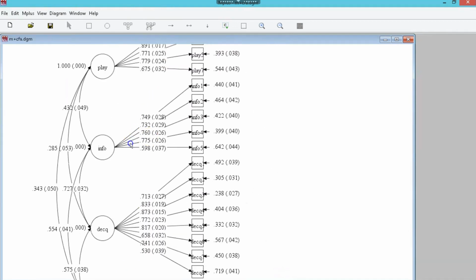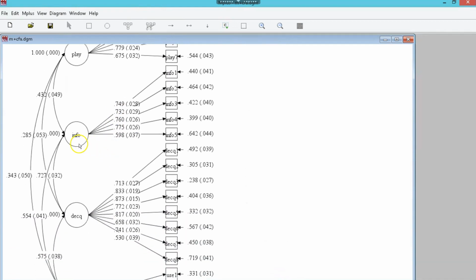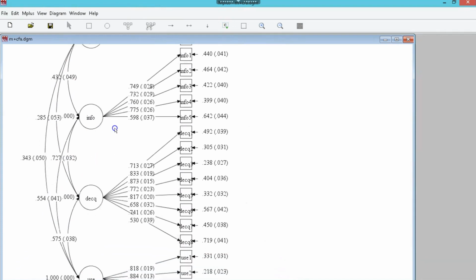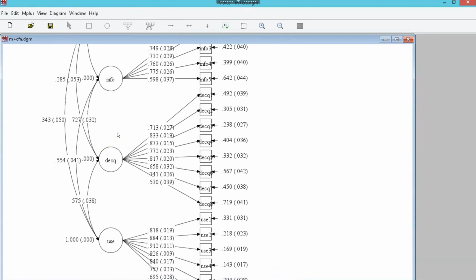You want to see loadings averaging out above 0.7. That doesn't mean every standardized loading needs to be above 0.7. It just means they need to average out above 0.7. You want all the loadings to be significant, and you want these correlation values to be less than 0.9 definitely, less than 0.8 ideally,